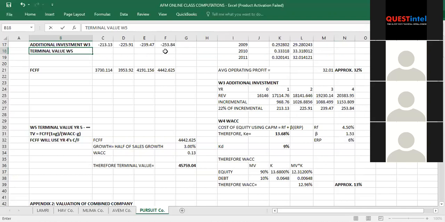So in the fourth year now, we just put it in the fourth year. Even though it's from year 5 to infinity, the beginning of year 5 is the same thing as